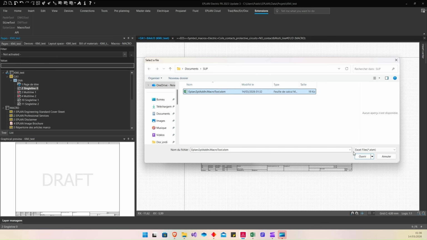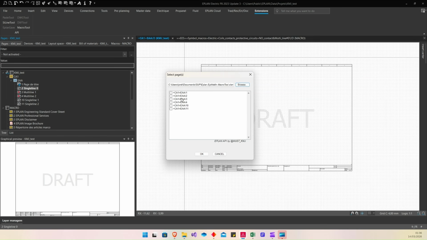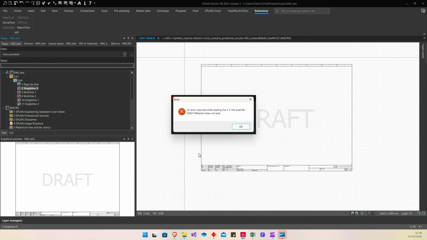I select this, okay, and I also select the page. For this example, I select page 2, but I can also select page 10, and okay, the magic. Now this is an intentional error, because I set a variant that doesn't exist to show you this error.